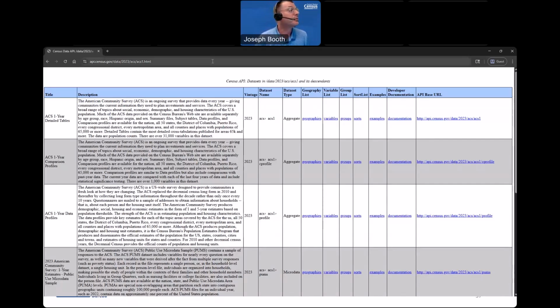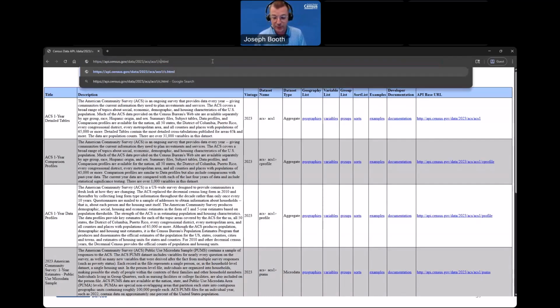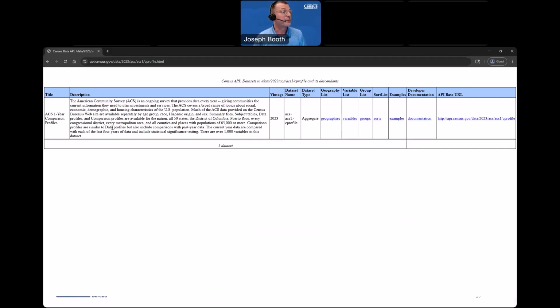So I'm going to quickly switch this over to comparison profiles. So after ACS1, I'm going to append a /cprofile. And we're going to take a look at the .html first. And the first thing we notice here is that there is just a single row that is returned. So we can focus directly on this data product, this comparison profile.